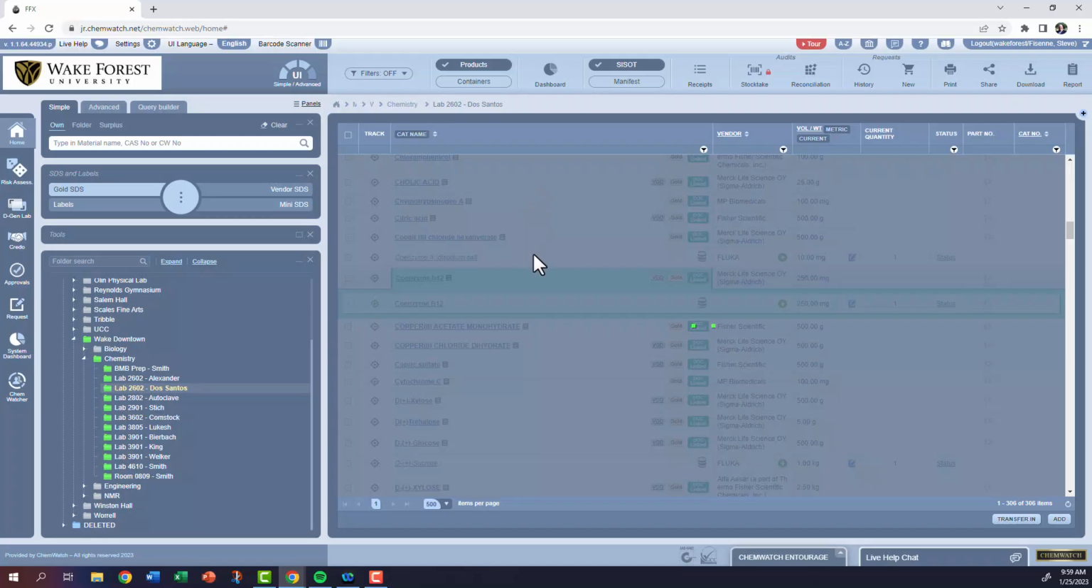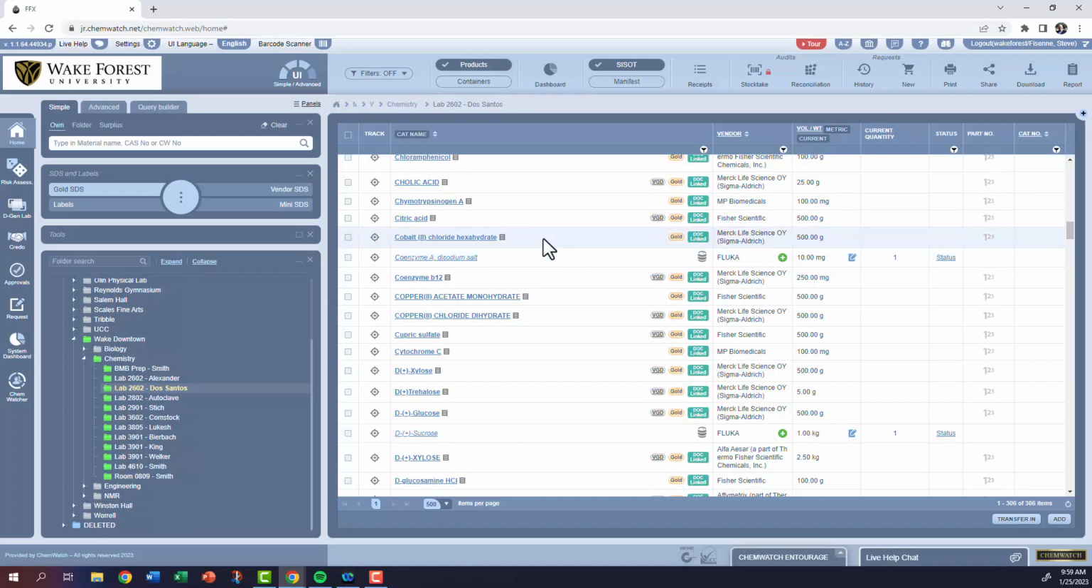So that's the brief take on how we access our inventory. If you have any questions, again, you can call the EHS office at 3427 or shoot us an email at